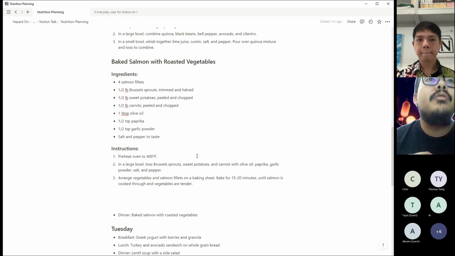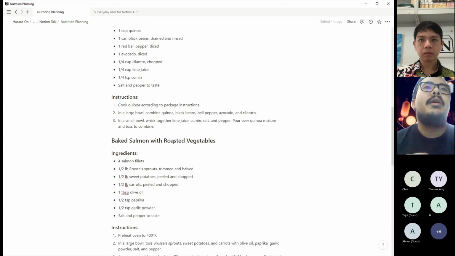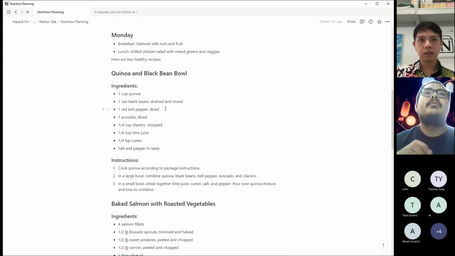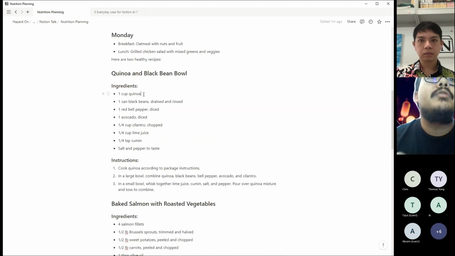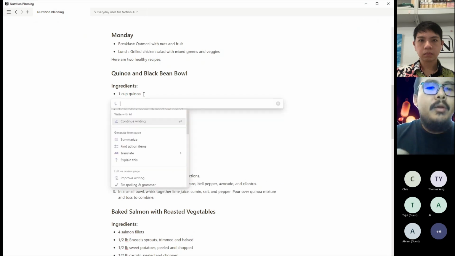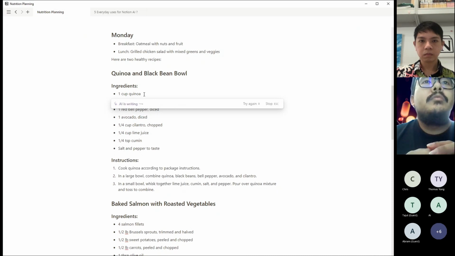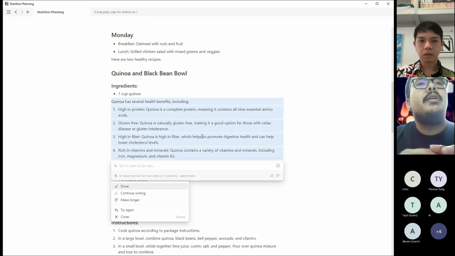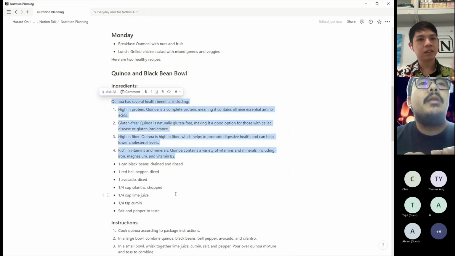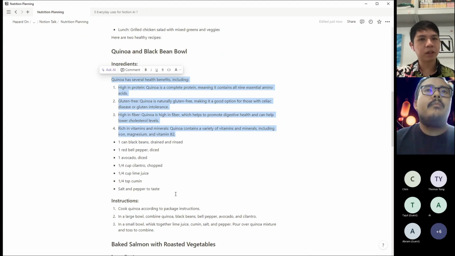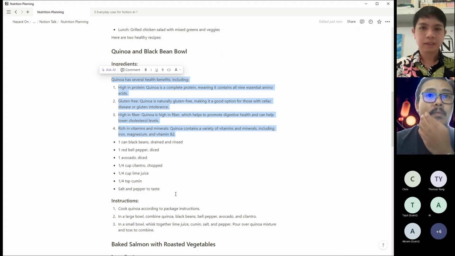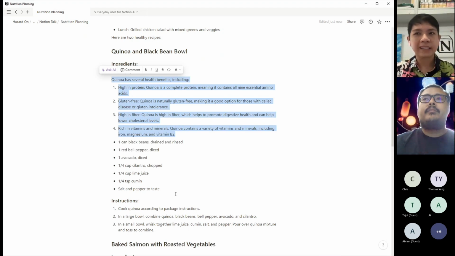So when you do this over time, you inadvertently make your own cookbook, because you keep on adding on. Say I don't know what quinoa is, so you can just say, give four benefits of quinoa. See right here. Okay, sounds like expand. The idea is that you can have everything in one place without going to different sources, so it speeds up time. Okay, all right. Yeah, thanks, Aswan.